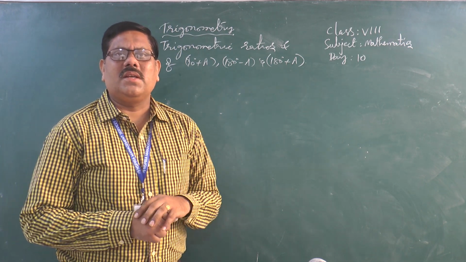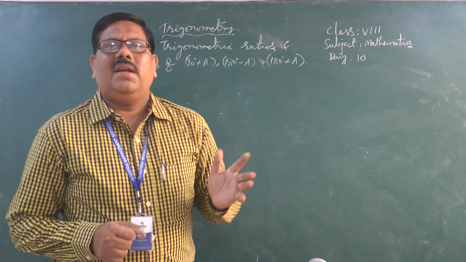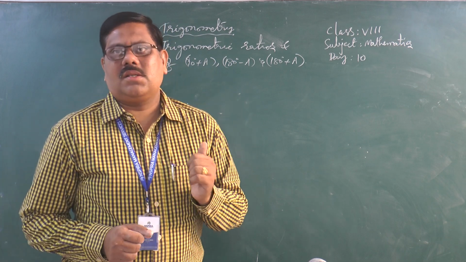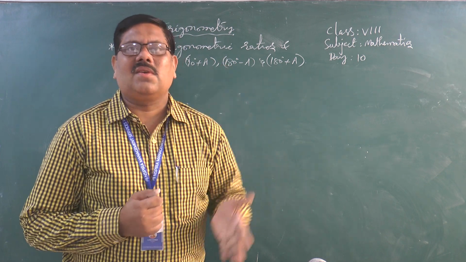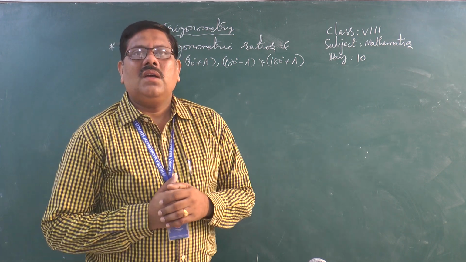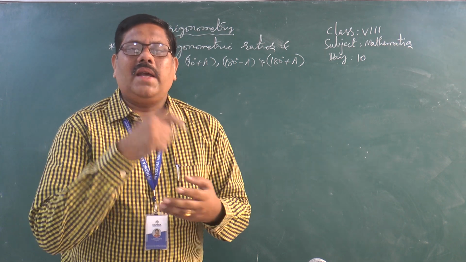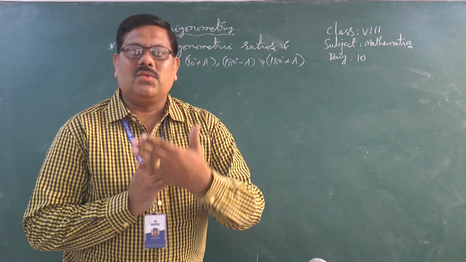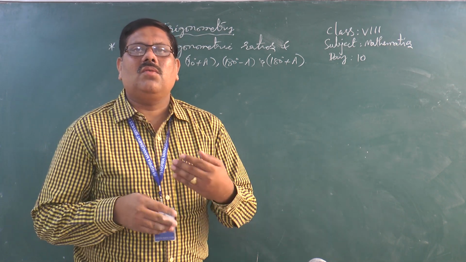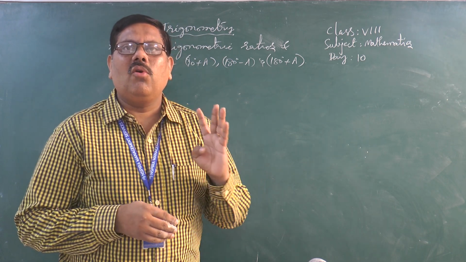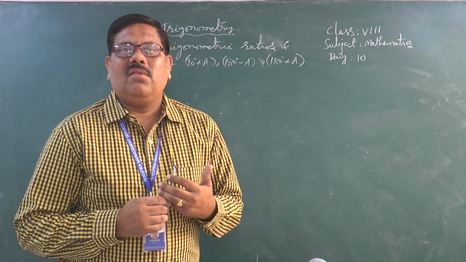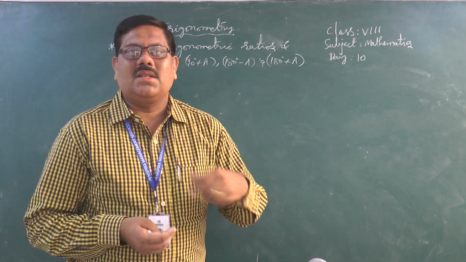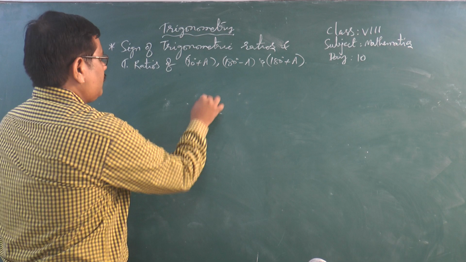What I am going to discuss here is that we have divided a coordinate plane into 4 quadrants by 2 mutually perpendicular lines, that is the x axis as well as the y axis. One is a vertical and the other a horizontal line, and they divide the coordinate plane into 4 quadrants. In each quadrant, what is the sign of each trigonometric ratio? That is the discussion now. Now let us see that.